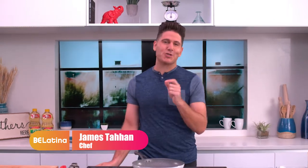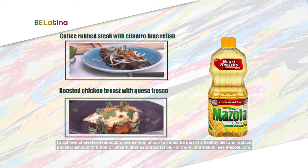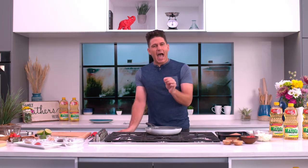We're celebrating National Cholesterol Education Month, and as part of the festivities, I'll be walking you through two very delicious recipes that are very satisfying, but at the same time better for your heart health, which is super important, mi gente, and often is a problem within the Hispanic communities and many of the minorities throughout the world. But today, I'm gonna show you how meal by meal and making little changes, we can actually do something positive